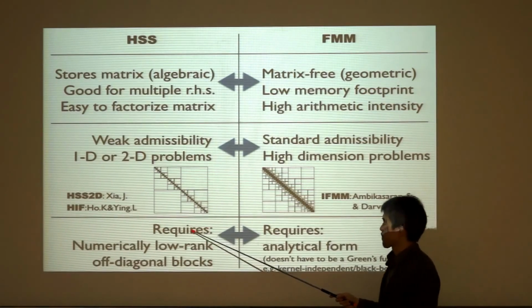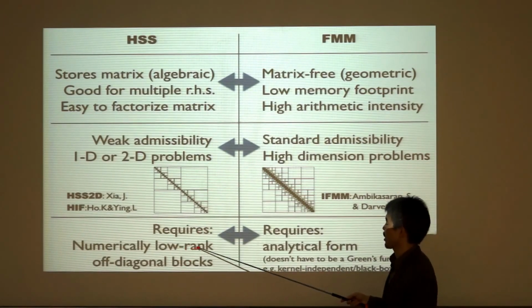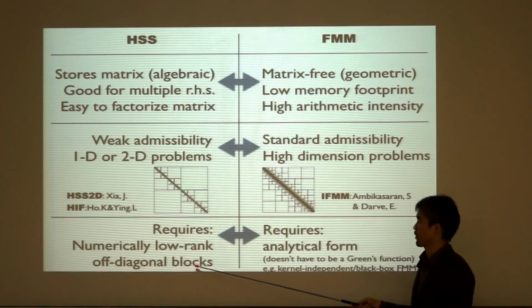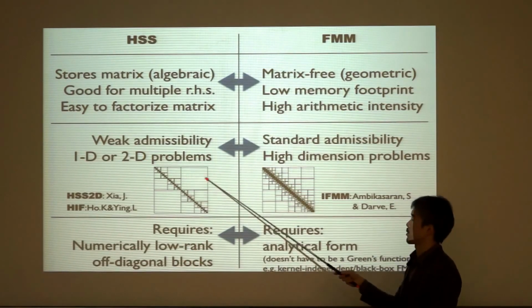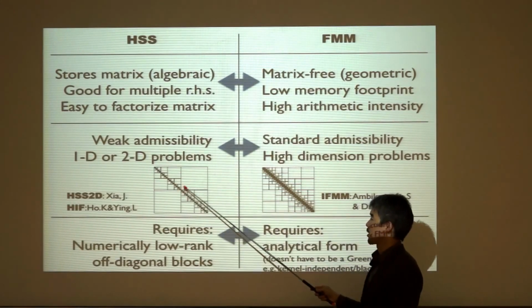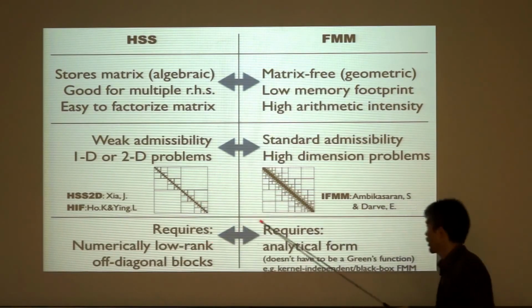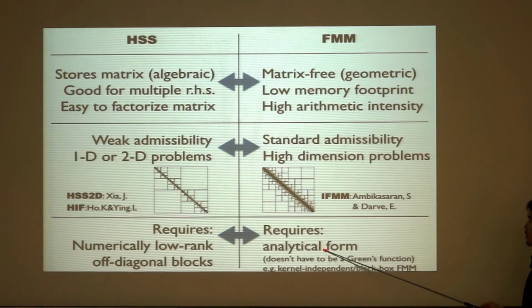And so some of the limitations, like I mentioned, are you need to have numerically low rank of the off-diagonal blocks. Otherwise, if this is completely dense, then this is not a fast method at all. It's just partitioning a dense matrix for no good reason. Okay, and this one requires an analytical form. Like I mentioned in the previous slide, it